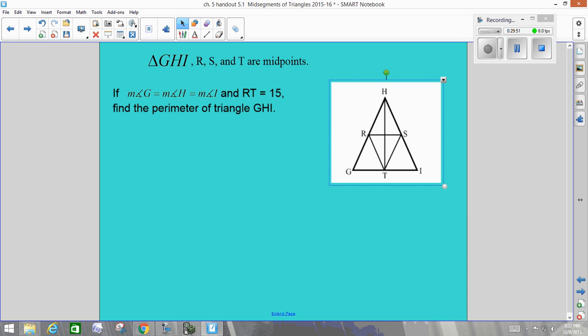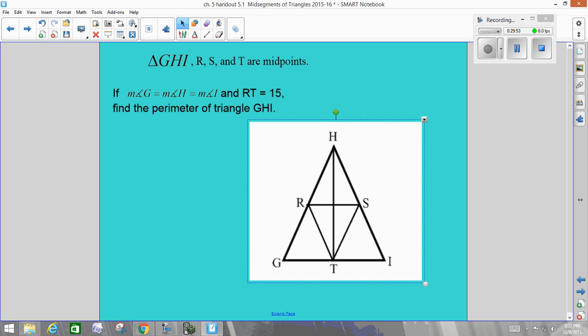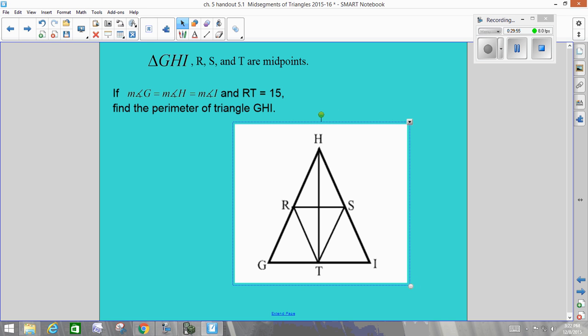Last one. The measure of G equals the measure of H, which equals the measure of I. So when angles all have the same measure, what do we say about them? They're all congruent. So it's what kind of a triangle? Equal. Equal angular, equilateral. If RT is 15,